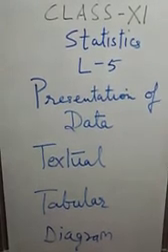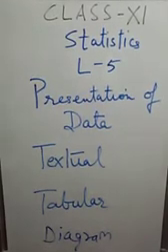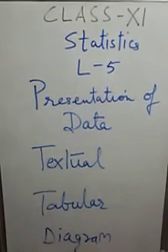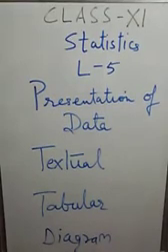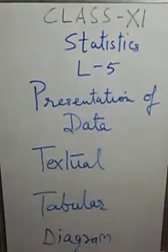Caption. Caption is the title given to the columns of a table. A caption indicates information contained in the columns of the table. A caption may have subheads when information contained in the column is divided into more than one class. Body or field. Body of a table means the sum total of the items in the table. Thus, body is the most important part of a table. It indicates the value of the various items in the table. Each item in the body is called a cell.